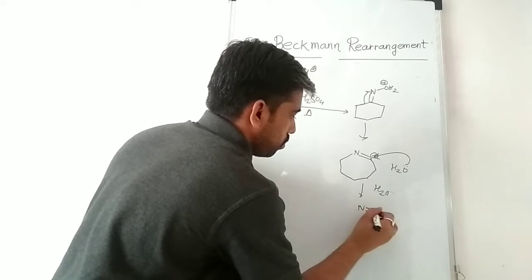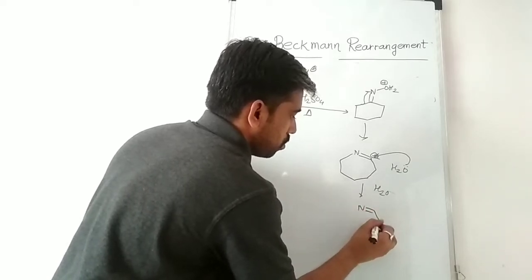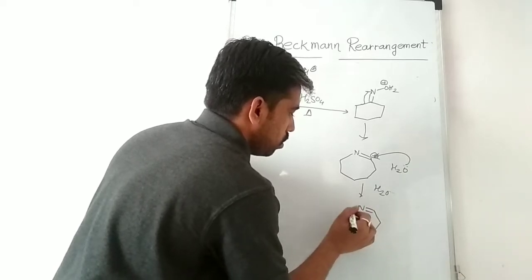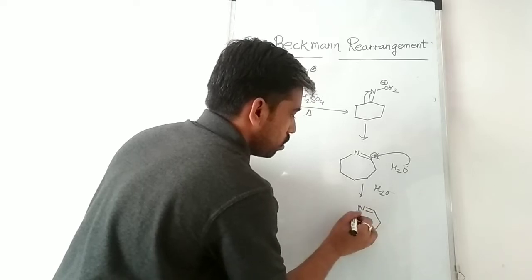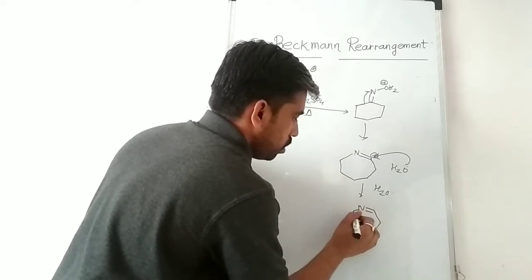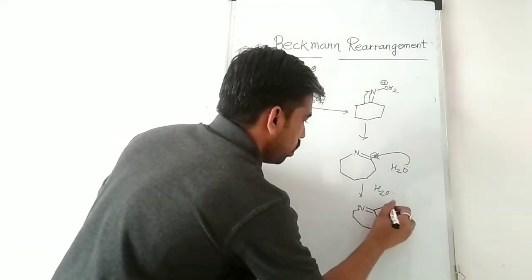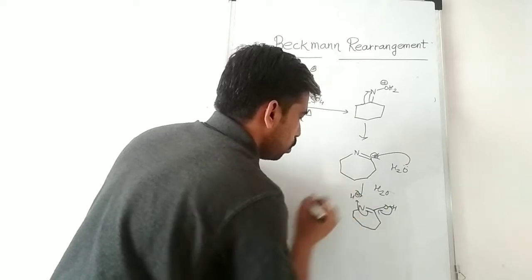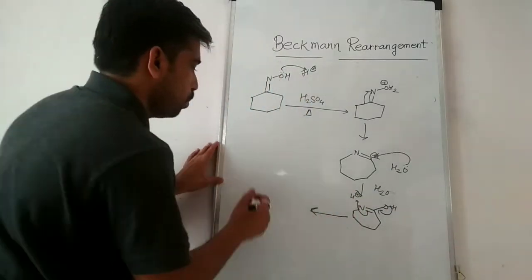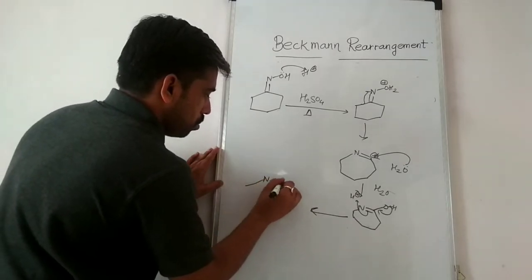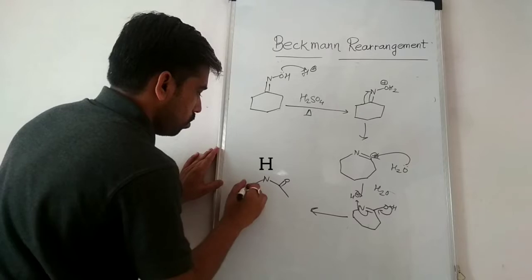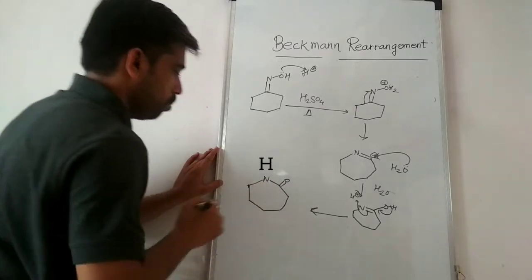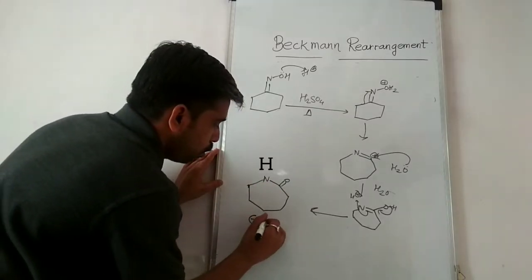We get the 7-member ring. This water is attacked here. Now again, abstraction of the proton from the nitrogen, and there is formation of the amide. 4, 5, 6, 7. Okay, this is the structure of epsilon caprolactam,